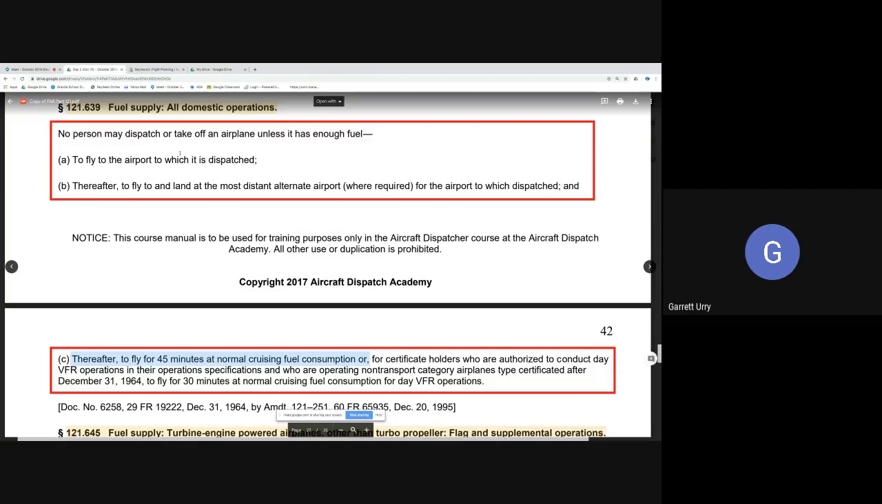So you cannot, it's not an open book with the tests. It's not open book. But the way an examiner, or the way you're going to see it on a test, is it's going to ask, what is the required fuel supply for a domestic flight? And you're going to respond,